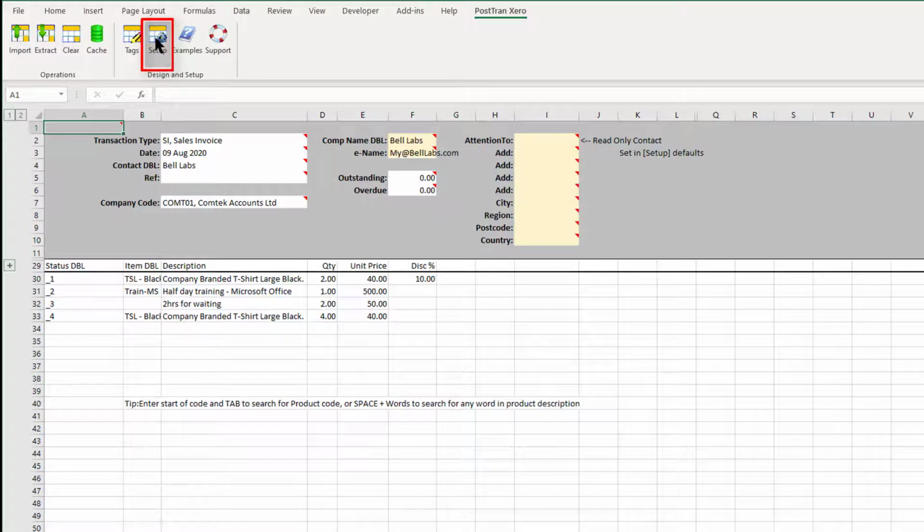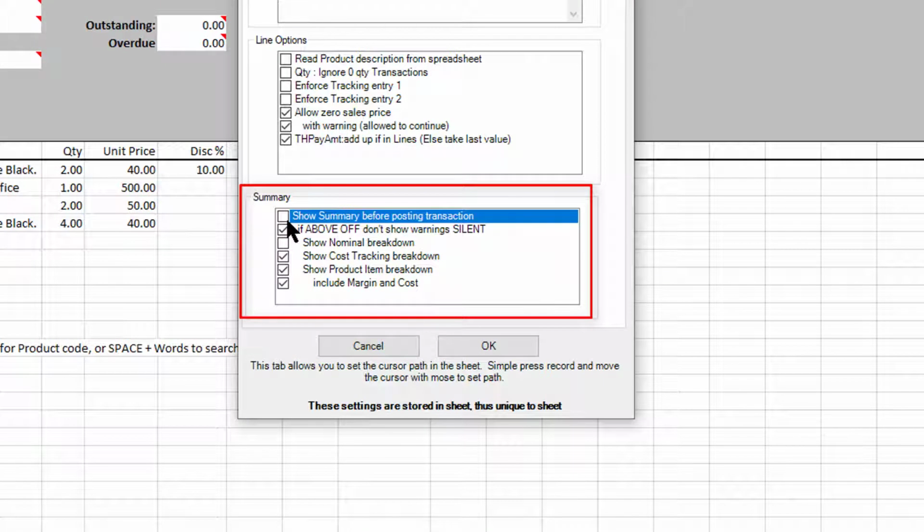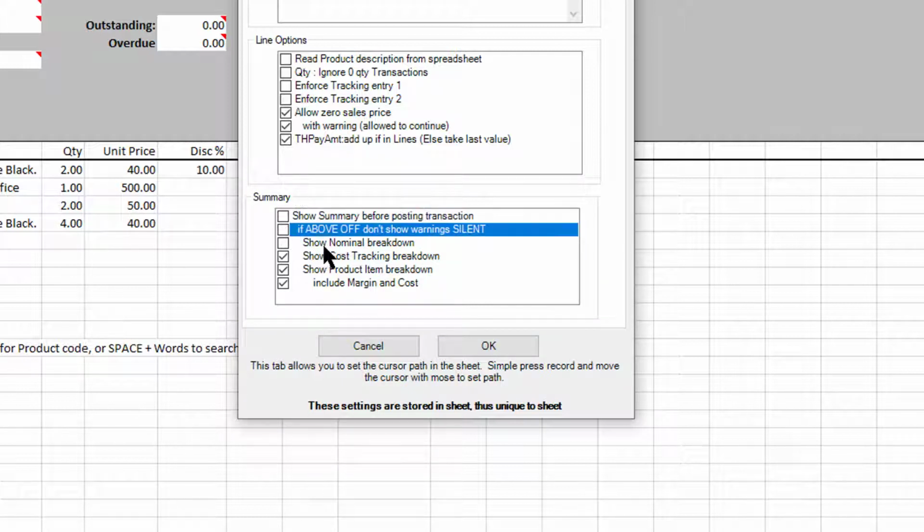Now, in settings and switches, down here we can actually turn this off. In fact, it will still come up with a warning that it's turned off, and are you sure you really want to post? If you untick this, that will put it into silent mode. So you could actually have a macro or VBA script that switches between sheets. You can actually have 5 sheets of transactions, say, for different companies, and it will post to those 5 companies